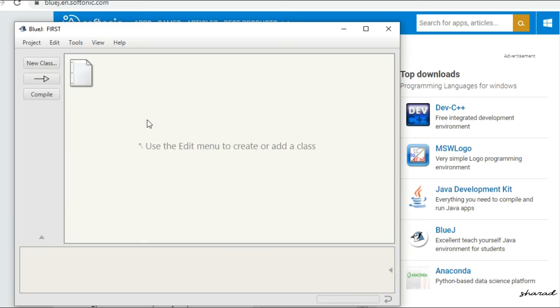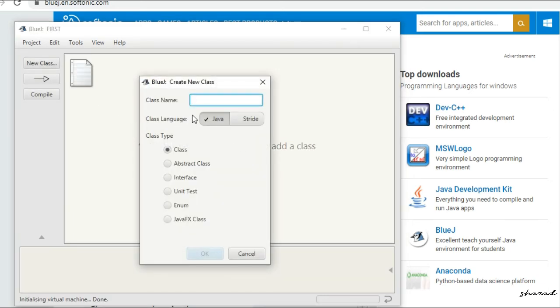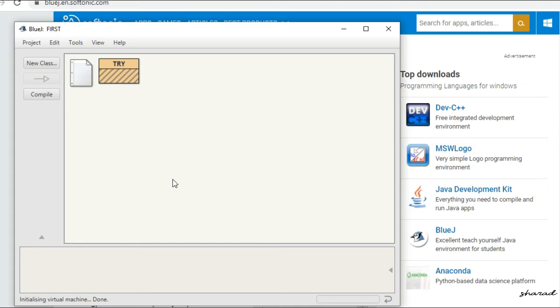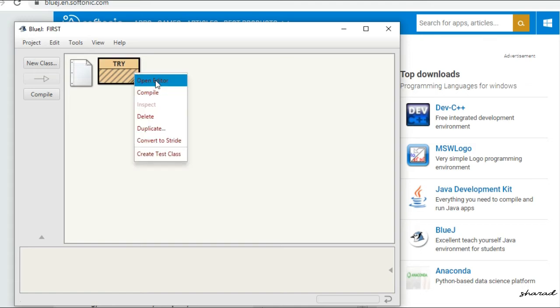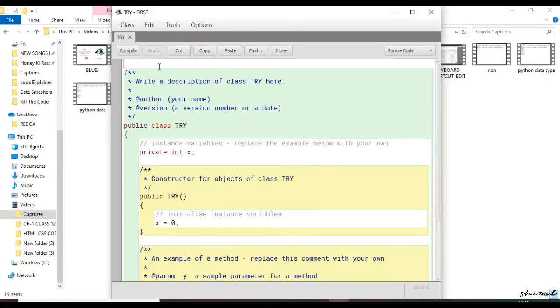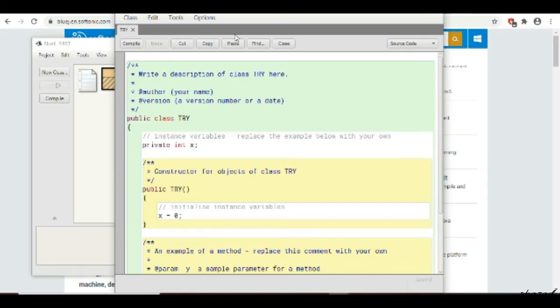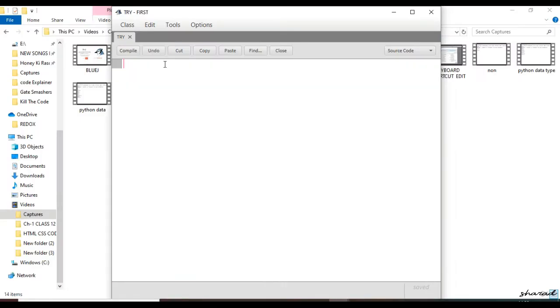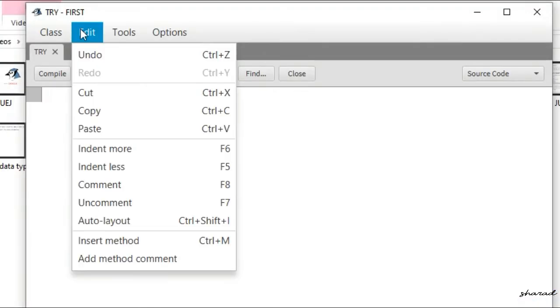After creating a project, click on new class. Give any class name and click OK. Click on create. A window will open with the project name on the title bar. Double click on the folder name to open the class. A sample structure of the class will be available on the screen. As you can see, this is a sample program which was already written. This is called the working area where you will type your program. Select the sample program by using select all, Ctrl+A, and delete the sample structure. After deleting, you can write your own program in the working area under the folder name.